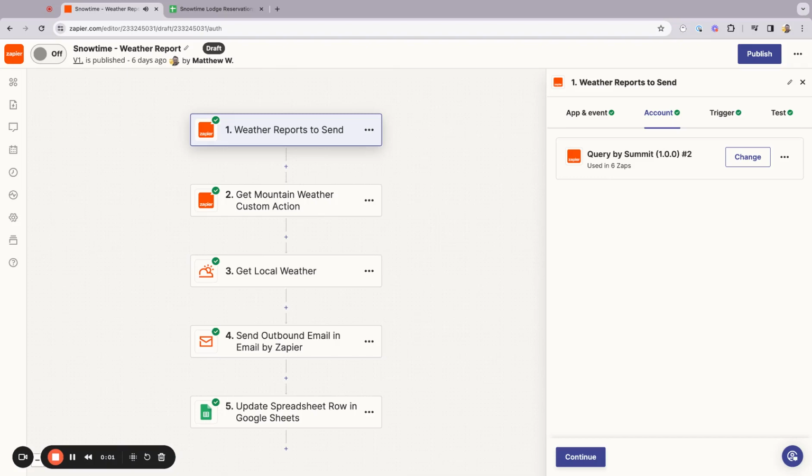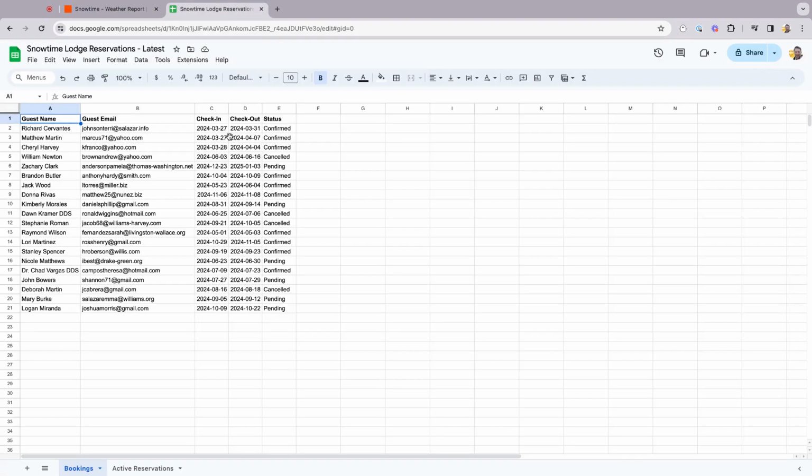Query by Summit allows you to trigger any Zapier workflow using the results of a SQL query on a Google Sheet. Now, it could be any publicly hosted CSV file, but in this case, I'm going to show you a Google Sheet, and this Google Sheet contains a list of reservations for people that are staying at a lodge in a mountain resort. What I want to do is trigger a weather report to run every time